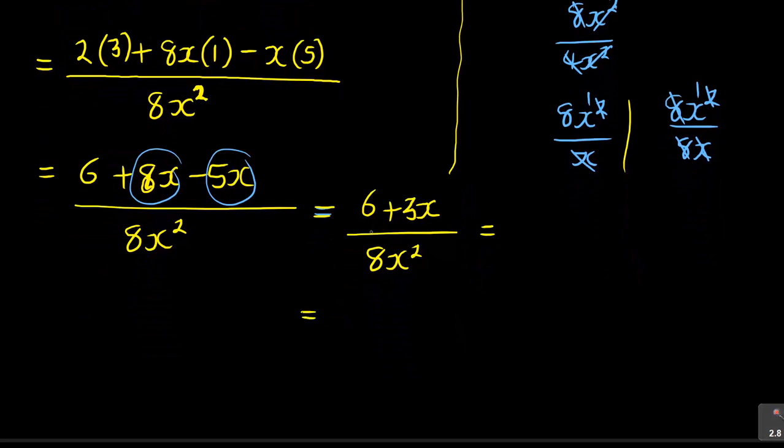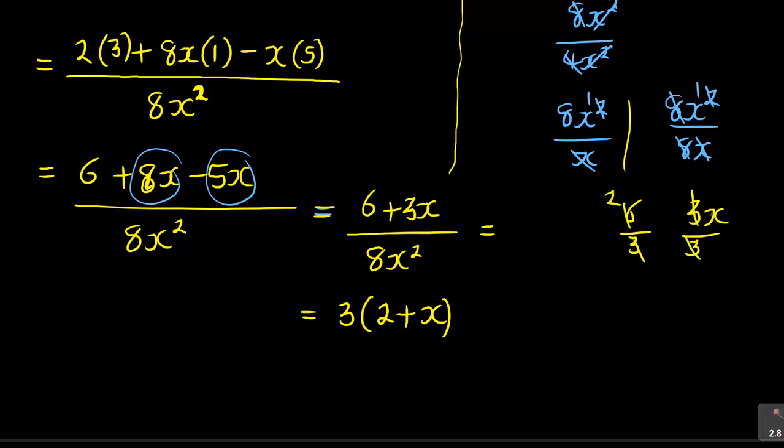let me just go down. So 3, 6 and 3, you can see that 3 is common. Now, why? Because 3 and 6, 3 can go into 6. So 3 into 6 is 2 plus 3 into 3x, x will remain. So what I'm doing, I say 6, I say 3x, I divide by 3, I divide by 3. 3 into 6 is the 2. 3 into 3 is the x. So these are the numbers that I'm having there. Then it's over 8x squared, which is equal to, that's in a way the end. Can't do anything after that.